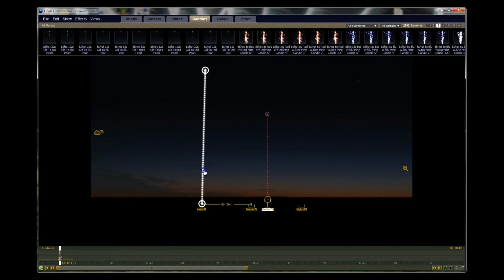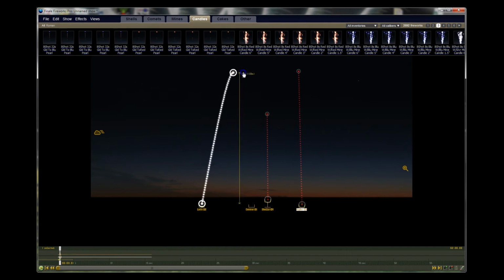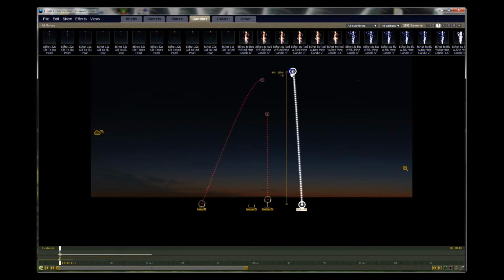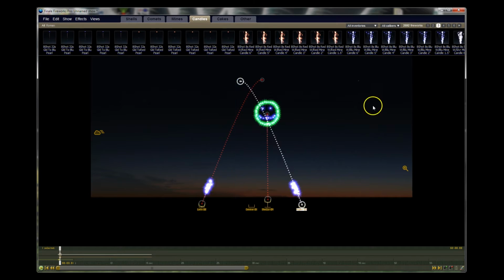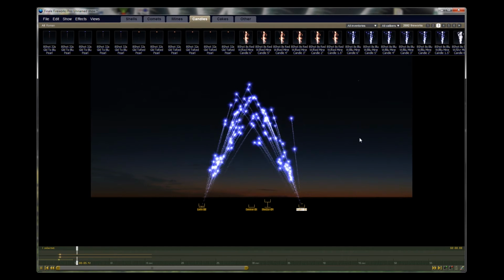What you can do is highlight this candle, Control C, copy, select the other firing position, Control V, paste, and you've got the same candle in 2 positions. And we like to cross our ones over, so we'll give it a 20-degree angle. There's 20 degree, and we now have two candles firing, a mine firing